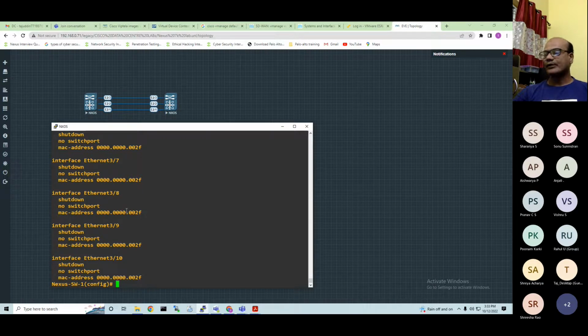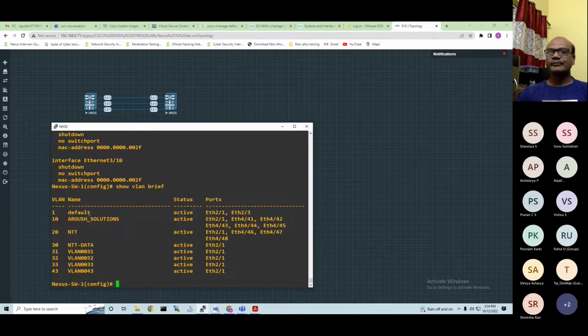So how to configure the SVI, guys? It's as simple as this. Just interface VLAN. So which VLAN? Let me check which VLANs we have created. So we have created 10, 20, 30, 31, 32, 33, 34. Any one of these, we can give to your